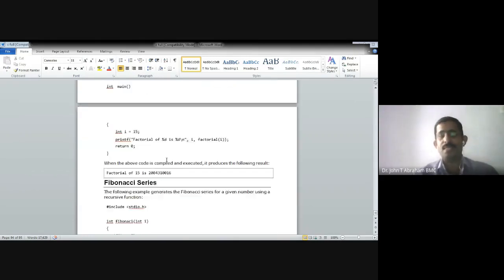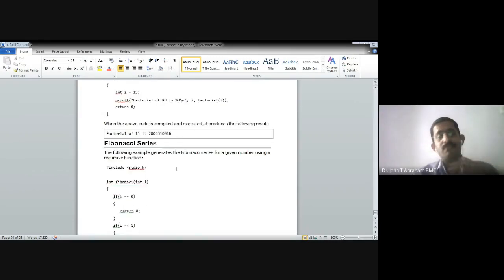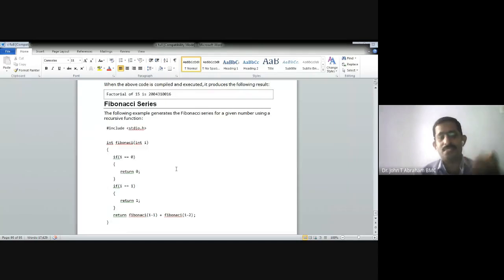The same thing we can apply in the Fibonacci series also. You already did the Fibonacci series in the computer lab, you may remember. In the Fibonacci series, first it is 0, 1, then 0 plus 1 is 1, then 1 plus 1 is 2.